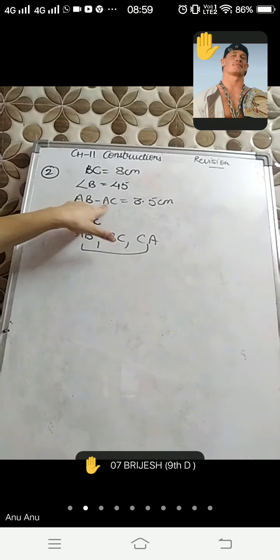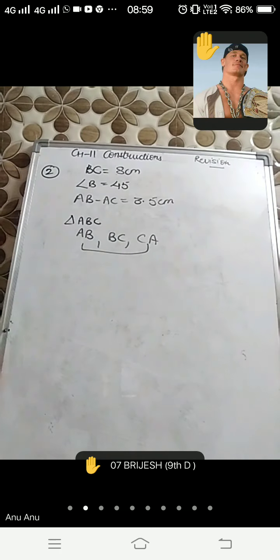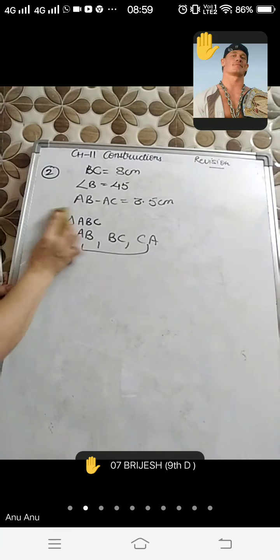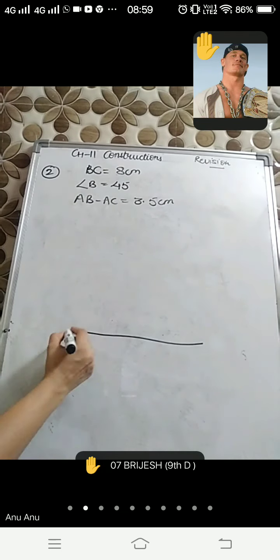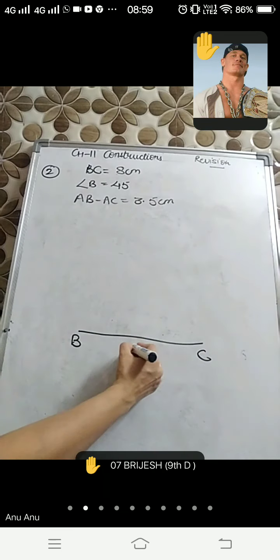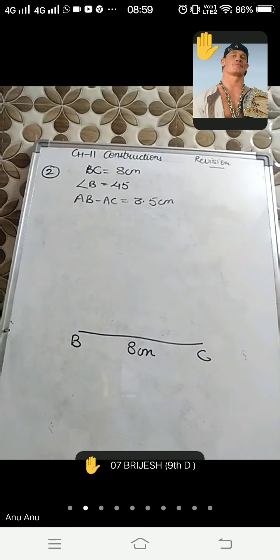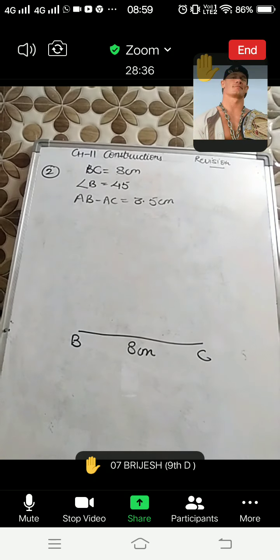So जब डिफरेंस का ऑर्डर करेक्ट होता है तो ये प्लस वाले जैसा ही बनाना है सेम. क्या करोगे आप इस केस में? अगेन यू विल स्टार्ट फ्रॉम द बेस. बेस इज योर BC, that is 8 centimeter. Base BC is 8 centimeter.